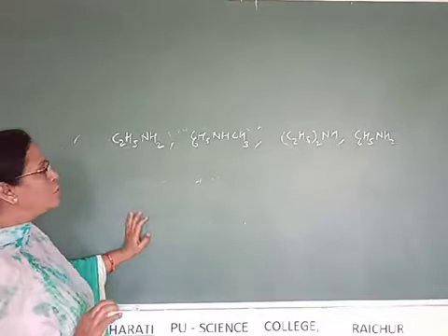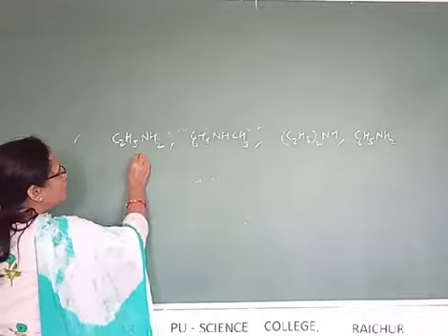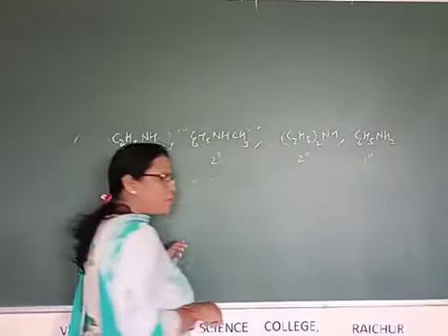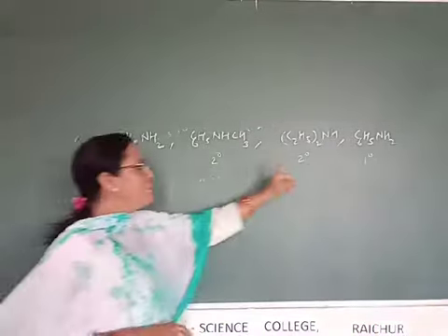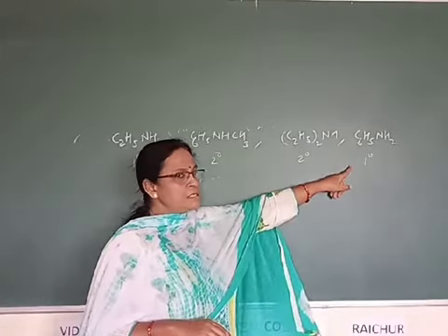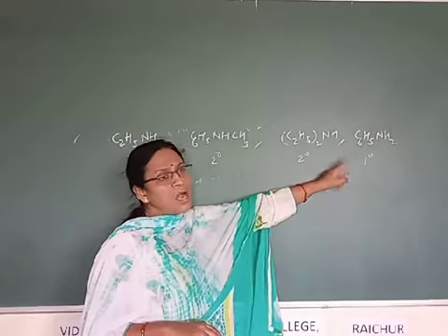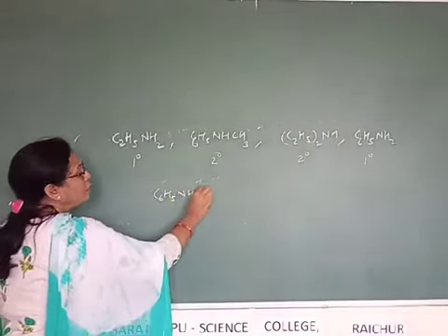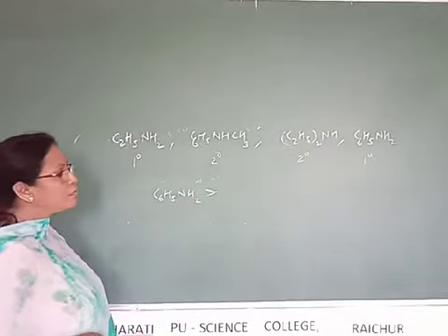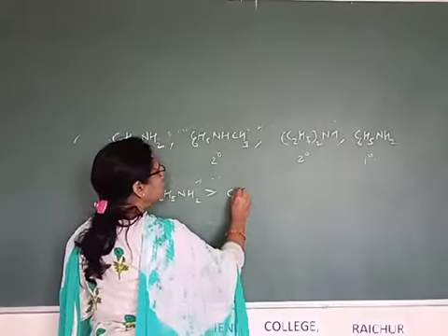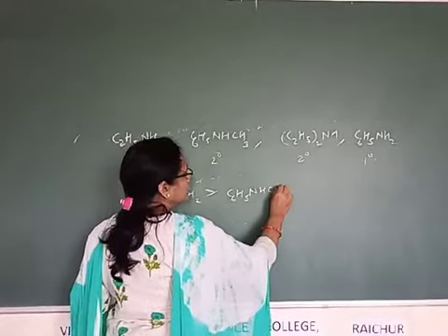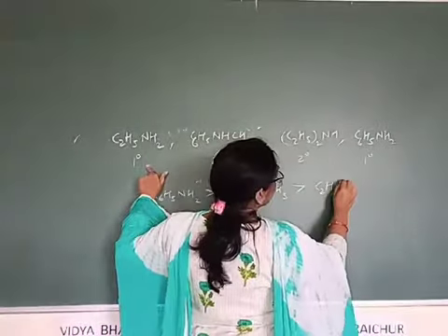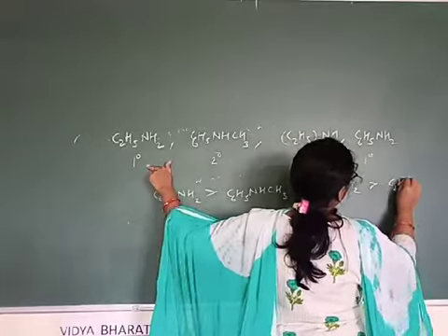So out of these, this is your primary amine, this is secondary, and this is aniline, but it is also primary. So among them, aniline will have the least basic strength, means its pKb will be highest. So first it will come aniline. Its pKb will be highest. Then substituted aniline. Then will come primary amine, that is ethanamine, and the least pKb value will be of diethylamine.